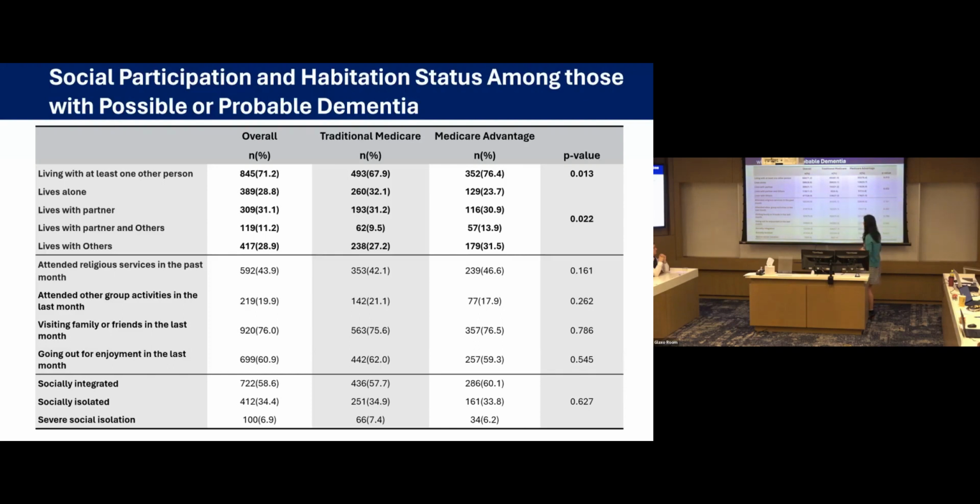So on the top line here is what I'll call cohabitation status. Essentially what this is asking is: is the person living with someone else? Are they living by themselves? Are they living with a partner? Are they living with maybe a partner and others? Here could be a roommate, it could be adult children, it could be just any kind of other category.